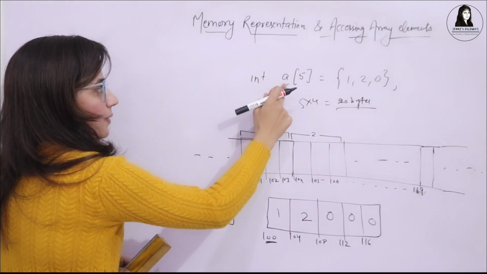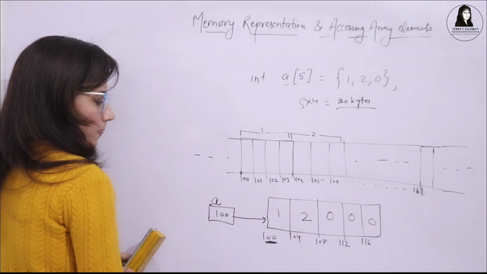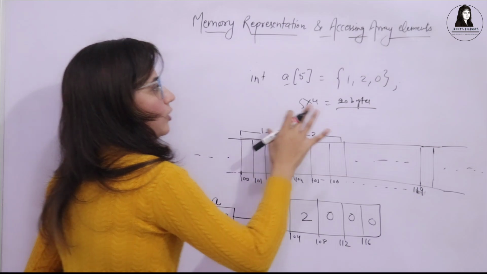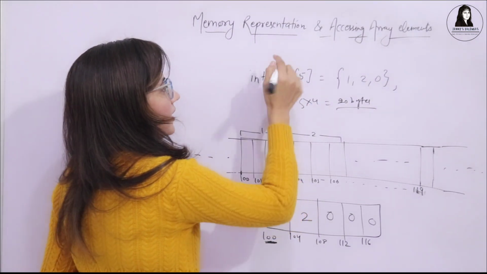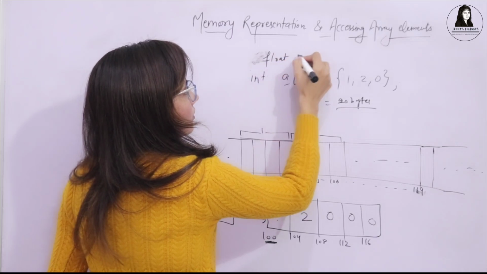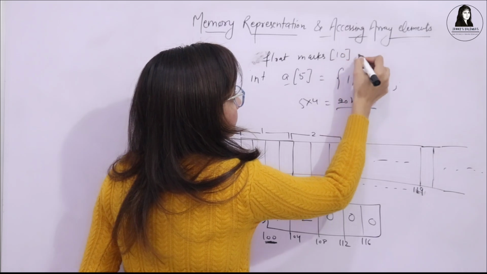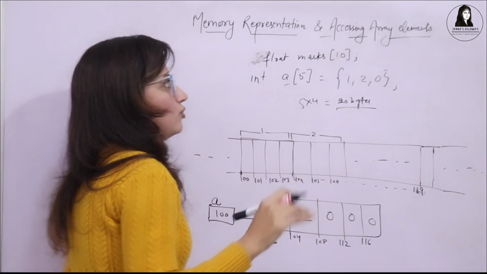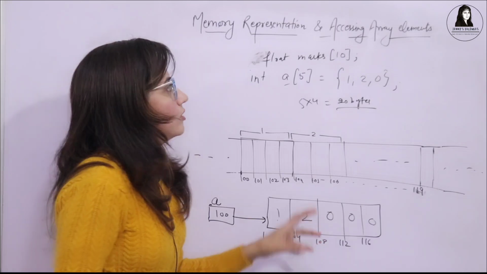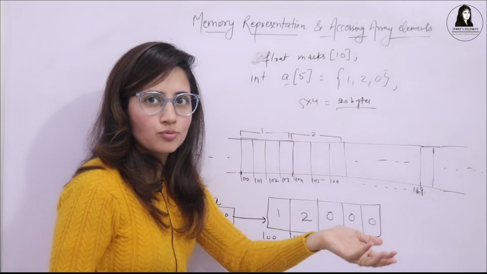Now, if I say array name A, it means it is indicating the base address of this array, right? So this is how memory is to be allocated. Now, if I want to allocate memory to a second array, suppose I write down here float marks and 10. Now you have to tell me in the comment section how much memory is to be allocated, right? So same, float is going to take 4 bytes, 4 into 10, like 40 bytes is to be allocated,